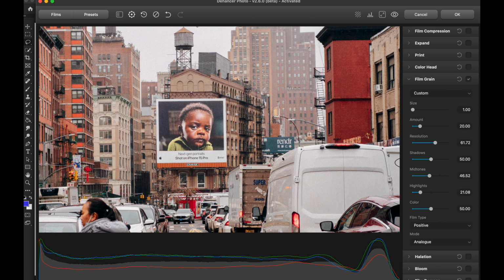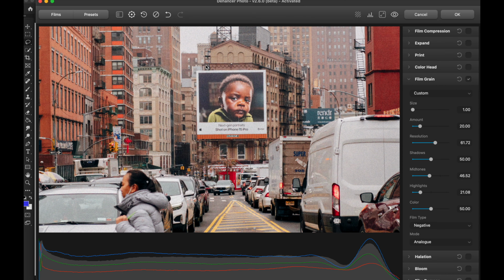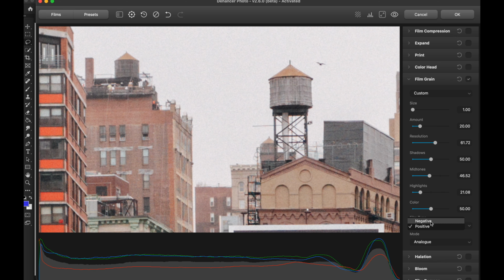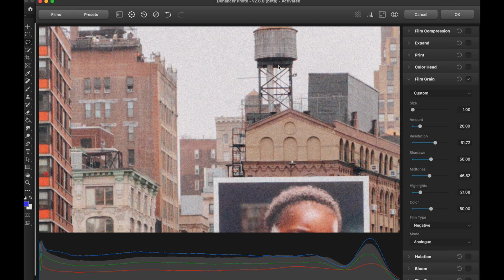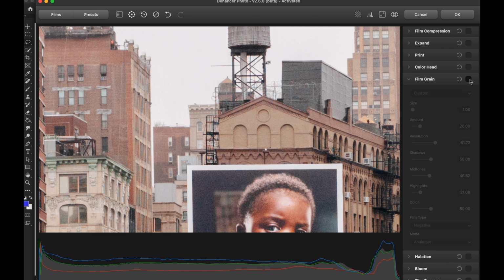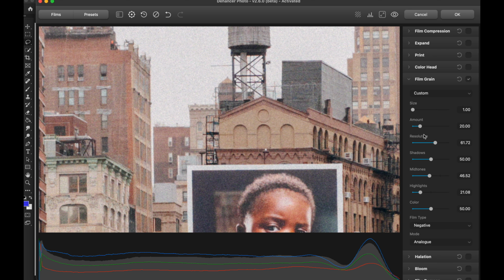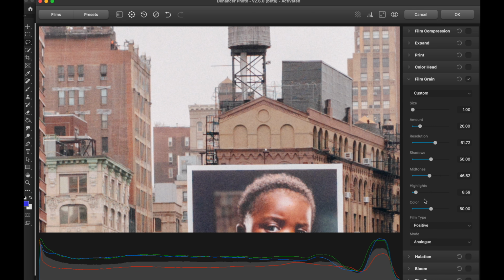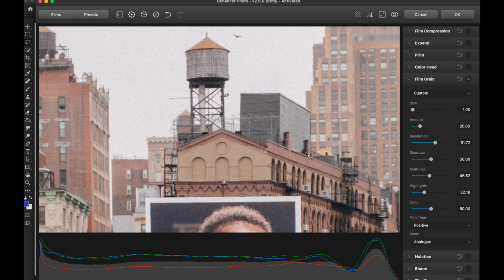And then another extra thing that I find helpful is I keep it on positive film grain, but if you go back to negative, it brings back more intensity to this. So if I were to go between the two, this typically has your normal, what you would expect grain, like in Lightroom. I mean, you can even just reduce the highlights again on this and you'll get kind of the same thing. But I personally keep it on positive. I like the look of that. I feel like it gives me more control if you want. So yeah,